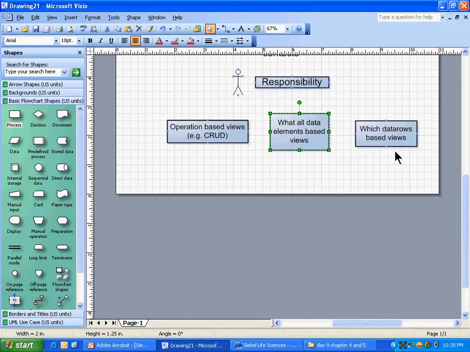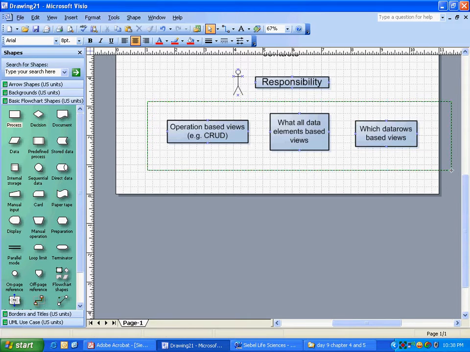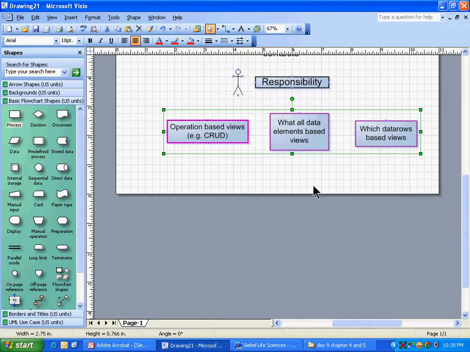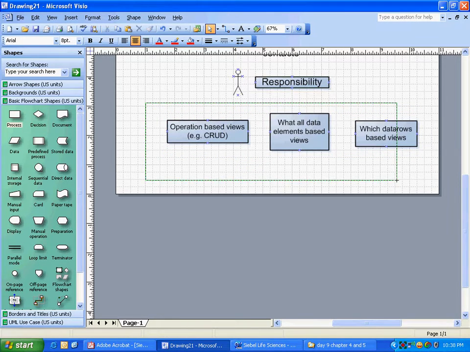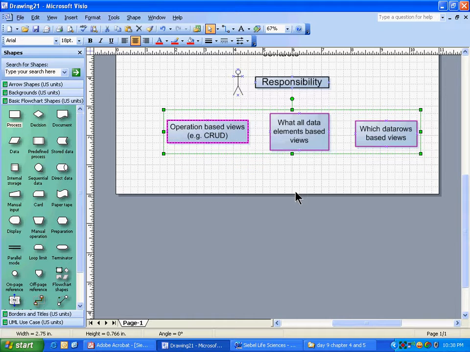Position is main for this guy. For all these three, if you want to see a particular view, responsibility has to be there. You see my point? So responsibility governs the access to actually everything. But what you do in them, what you don't do in them, what you see in them is done behind the scenes.